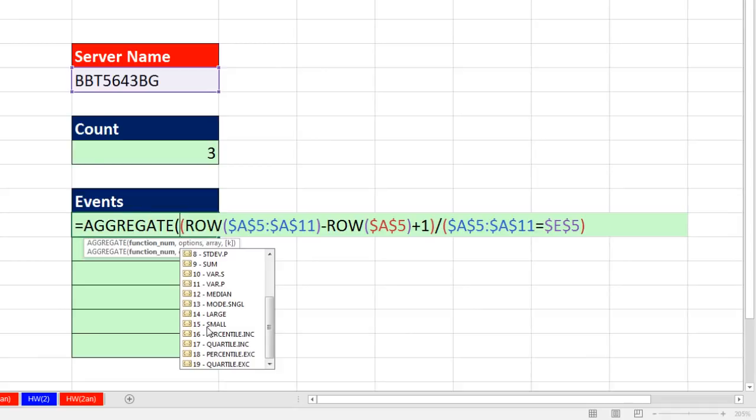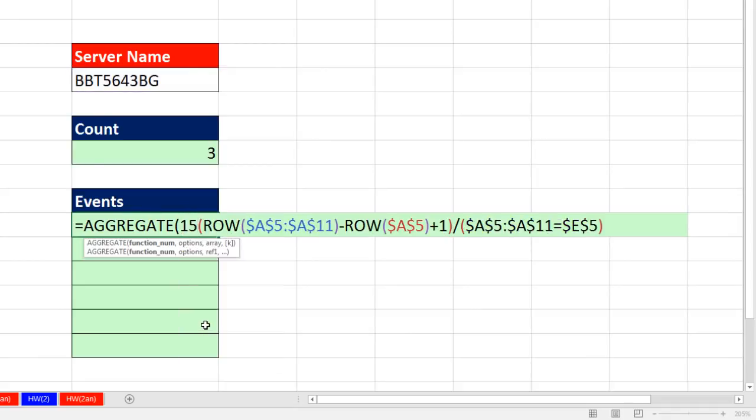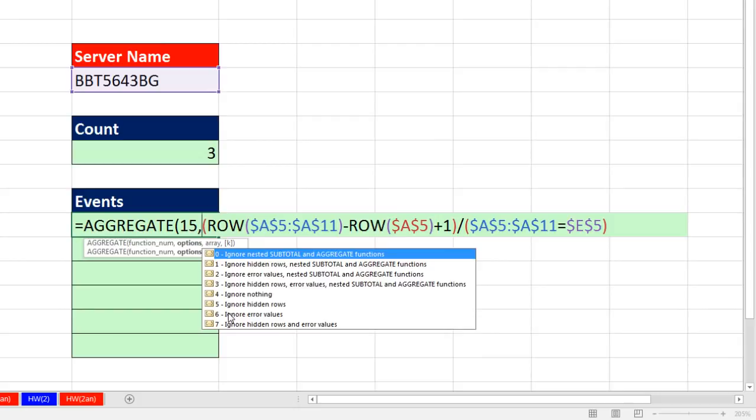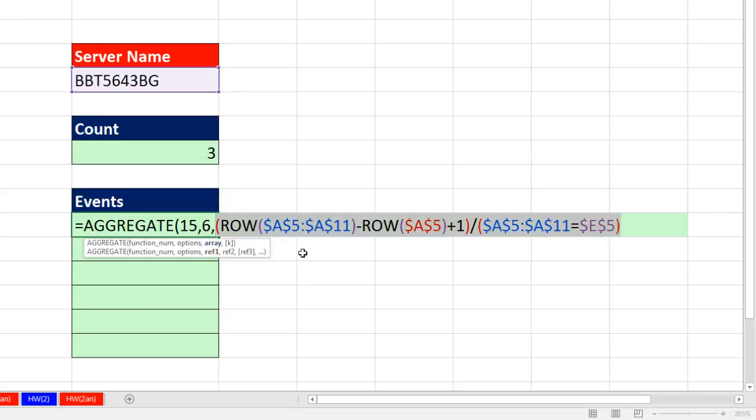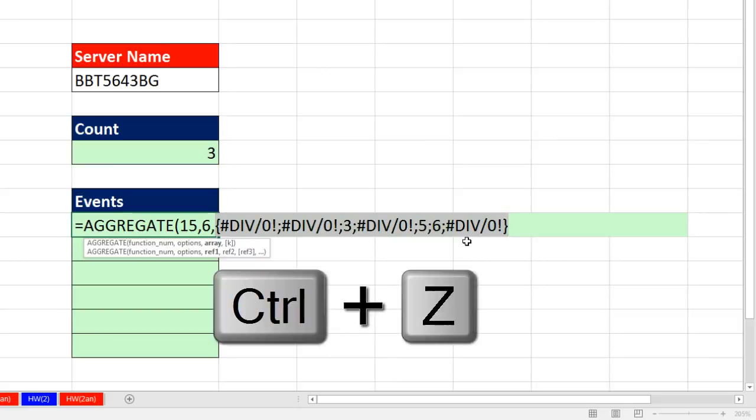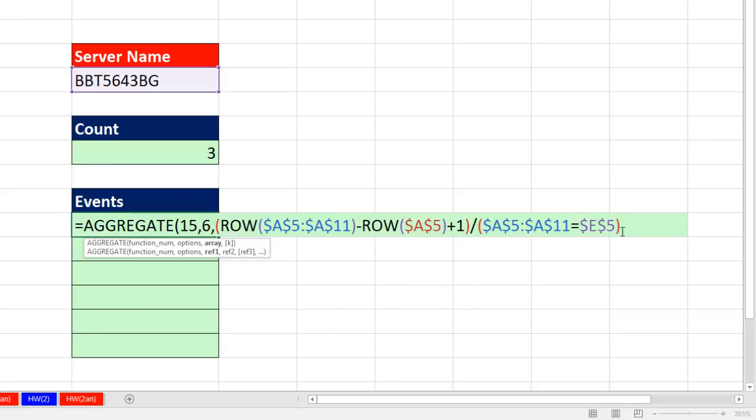And there it is. They're small. So I'm going to select 15 as our function. That tells aggregate that it is now the small function, comma. I'm going to ignore error values. There's the 6 that will ignore those divide by 0 errors, comma, and there's the whole array, F9. There it is. Small is going to be looking at that. Control Z. Finally, I come to the end, comma, and the K, I need 1, 2, 3, 4 as I